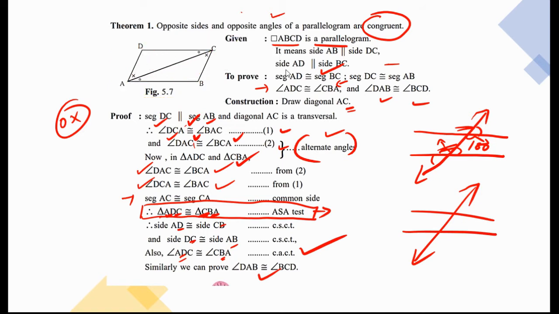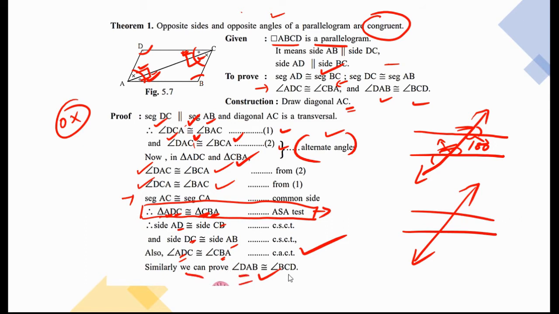In this case, we don't have any problem because it is part of triangle ADC or CBK. B and D congruent बोलने में problem नहीं है. But when we have to say this angle is congruent to this angle, we have to add these two angles, right? And these two angles are congruent. Already we know that this is congruent to this is congruent to this according to alternate angle, and now the triangles are congruent, so we can say that.